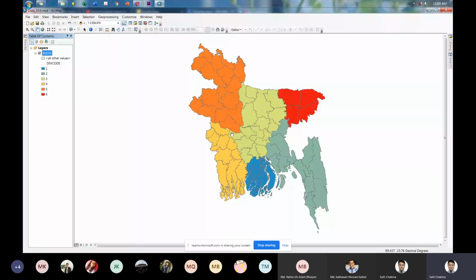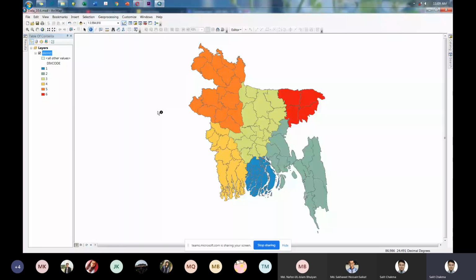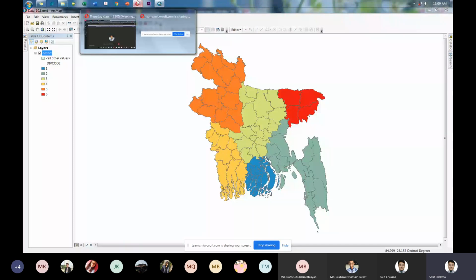And if you click on any feature, you can find that Tangail is in Dhaka, and Jessore is in Khulna. All this exploratory descriptive analysis you can make, and then you can do further analysis with this data. So anyway, I'm going to stop sharing from the software